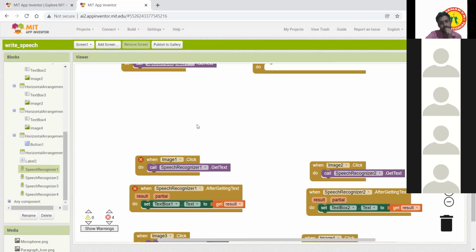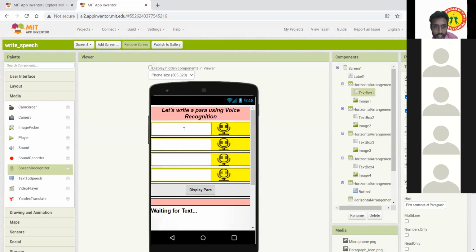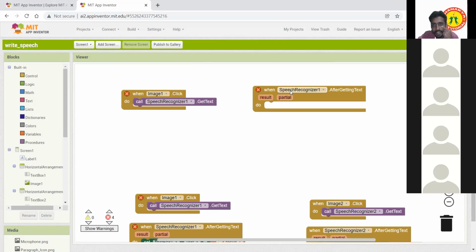After this, we are going to get the text in a text box. First we are going to get the text here. So when speak recognition 1 after getting text, go to text box 1.